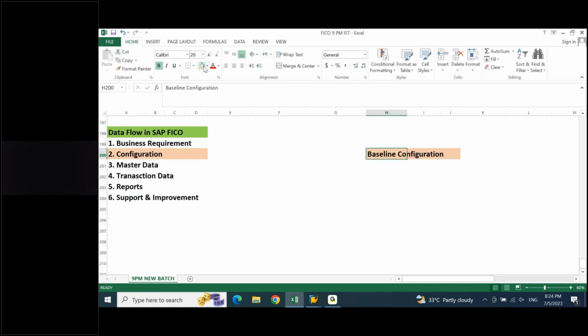All right. If you're talking about baseline configuration, normally we will be talking about company, company code, chart of accounts, fiscal year, and posting period. There will be a list of settings to be created as part of your baseline configuration, or initial enterprise structure, initial organization structure, or global settings for a newly created company code.